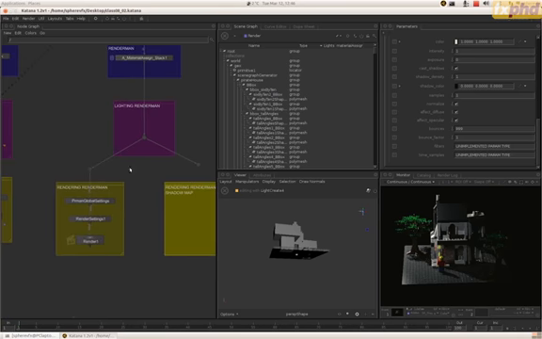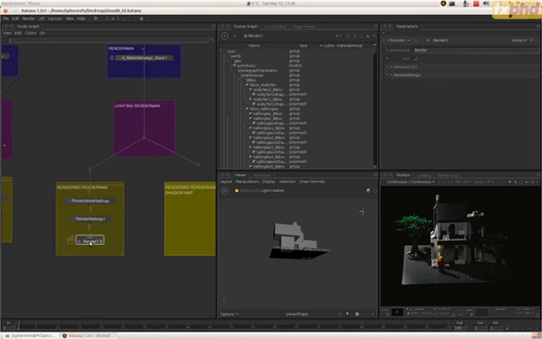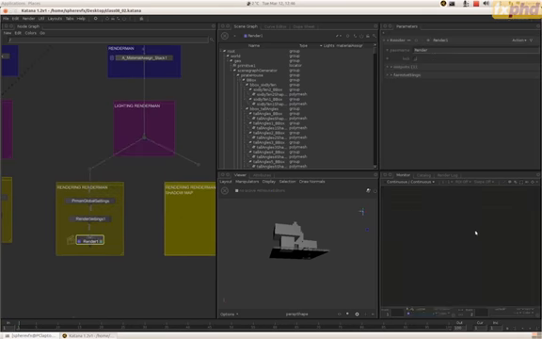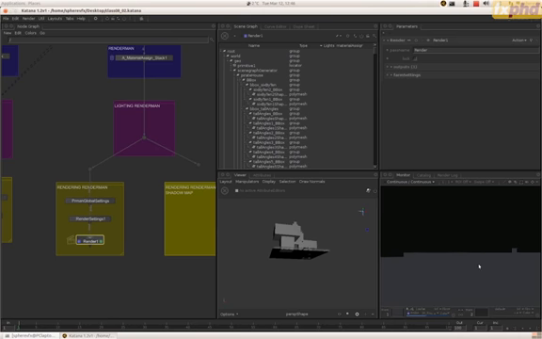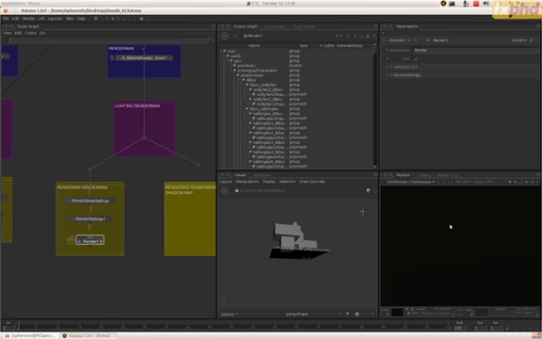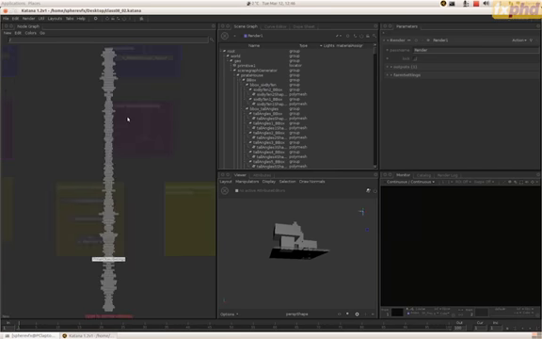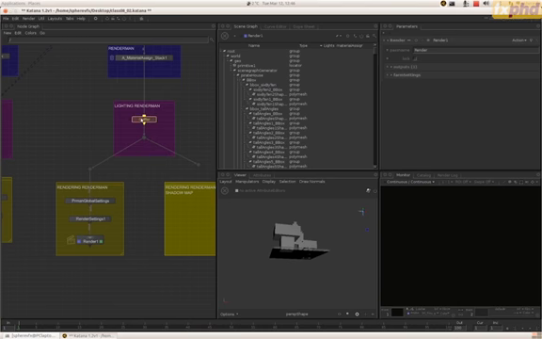So let's just come across to our RenderMan setup and let's do a render for that. So all I've done is I've just applied a terracotta shader to everything, and you can see here in the alpha channel there's our model, but we have no lights, so we're not getting anything. So I'm just going to make a gaffer node. Let's put this in here, and I'm going to come across in my gaffer to edit, RenderMan profile here,